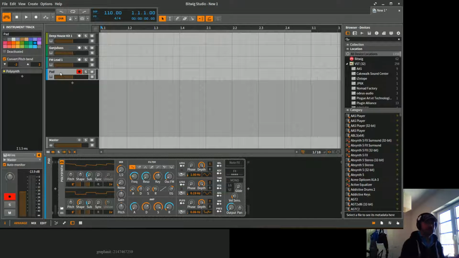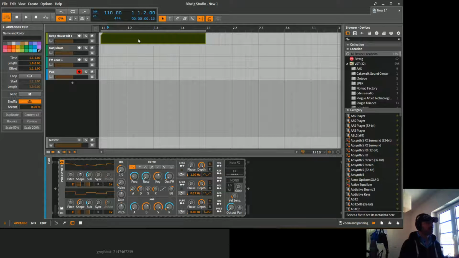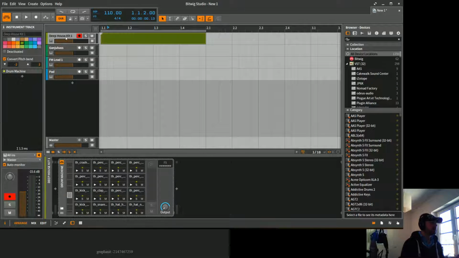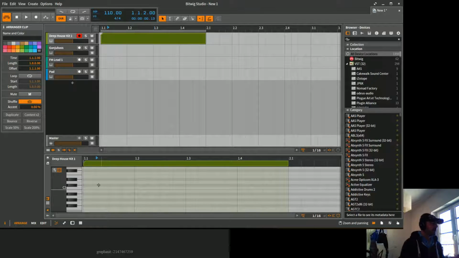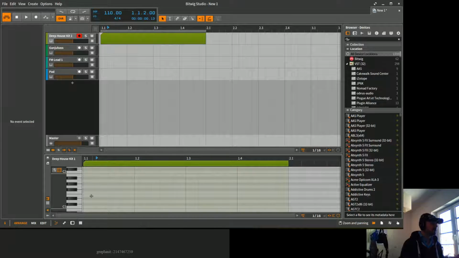Okay, now we have our pad, and this is already a very good starting point for a track. Just to show you the basic principle of setting up a MIDI track for one of those instruments, I'll use the drum kit right now, and as you can hear, whenever I click one of those MIDI notes, the drum kit reacts, and the way it reacts is